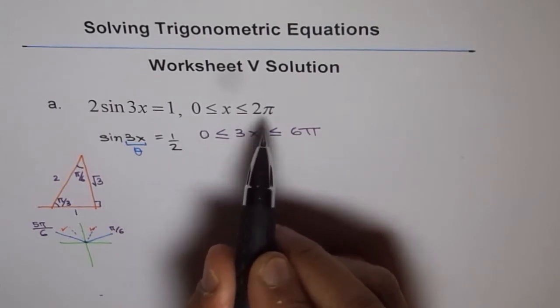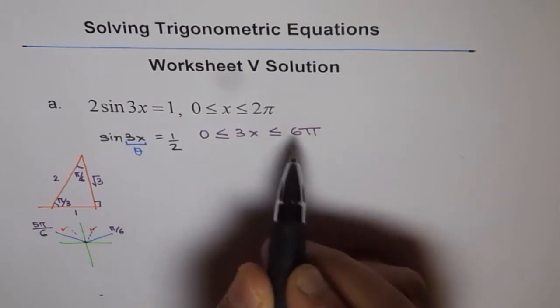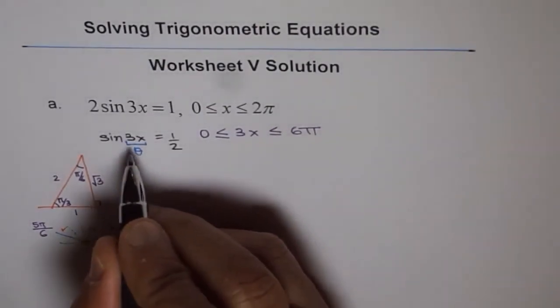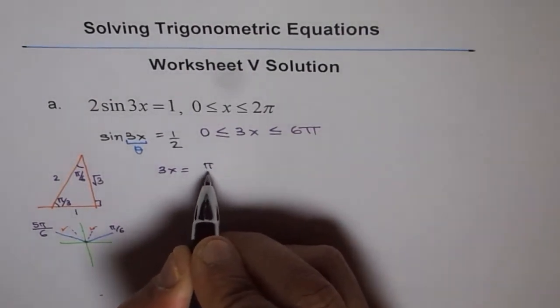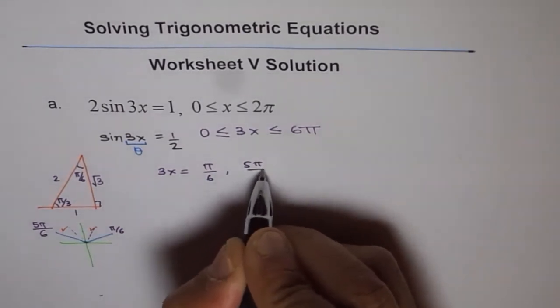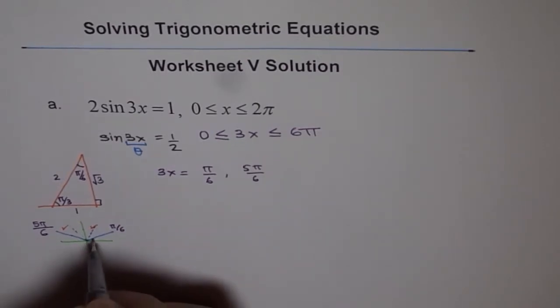0 to 2 pi is the domain for x. For 3x, the domain is 0 to 6 pi. So this is what I want to highlight in this particular question. And therefore, we write here theta or 3x equals pi by 6. There's the first answer. 5 pi by 6 is the second answer. And then what are the other answers, right? You have to go, this is your first answer, then this is your second answer, and then your answer is